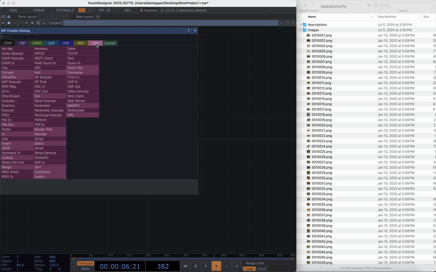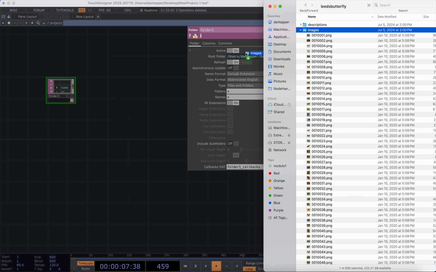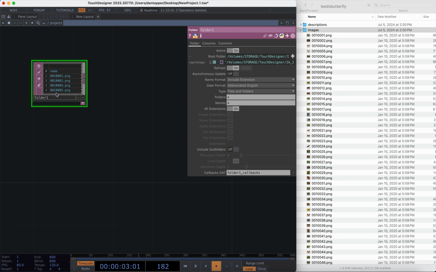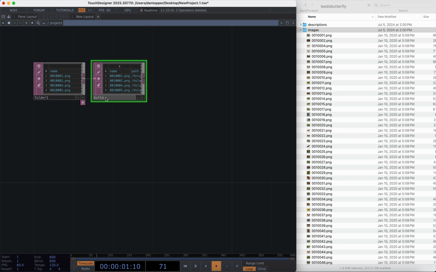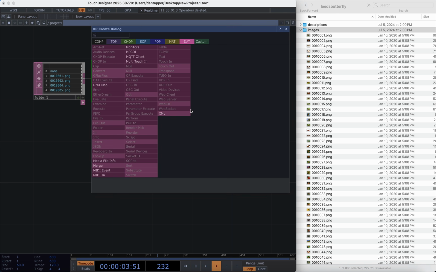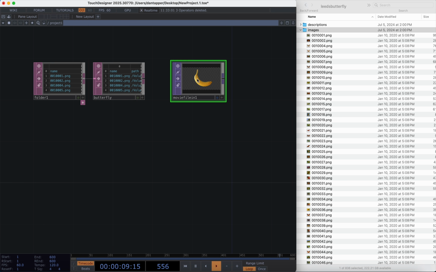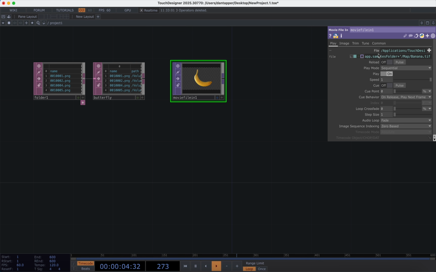I'm going to start out by making a folder so I can recall all of these images, and I'm going to drag the images into my root folder, and we can now see that all of these have linked. I'll bring this out to a null, and I'm going to call this butterfly. I can access all of these images using a movie file in, and to do this, I'm going to bring up my parameters window. Under file, I'm going to delete this, and I'm going to say op butterfly,